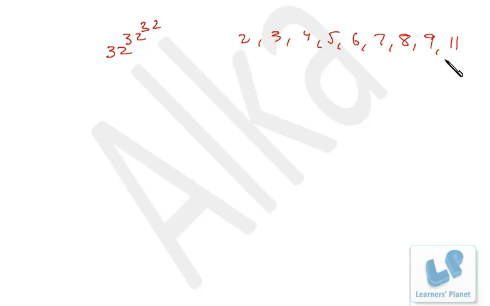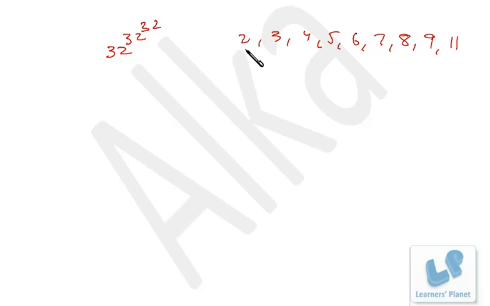Now I am going to solve a query sent by a student. If a number is something like 32 raised to 32 raised to 32, this sort of number seems complicated. If such numbers are divided by some other number, what will be the remainder? So I will discuss here 4 to 5 cases. I divide the number by 2, 3, 4, 5, 6, 7, 8 and 9, or maybe 11. Okay, so let's see in each of these cases how we find out the remainder.